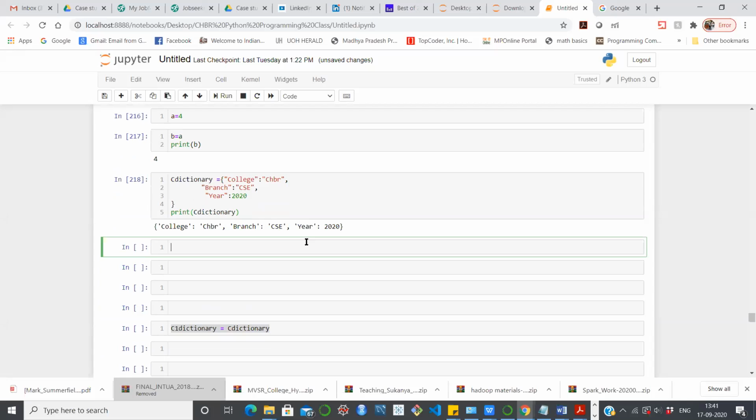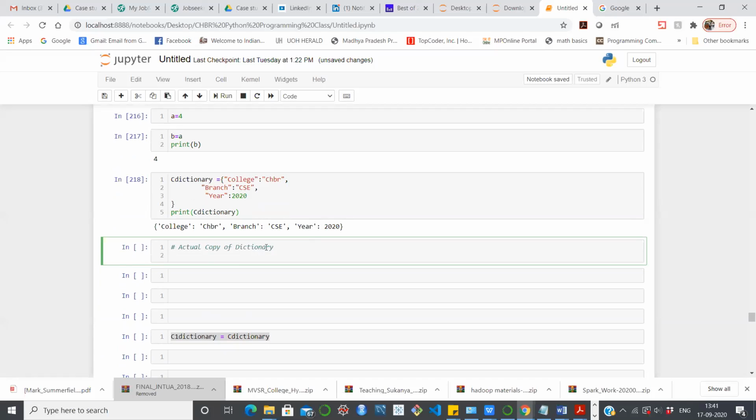So first of all, I am making one more thing here. I wanted to make an actual copy of a dictionary. Now how are you going to do this copy? Here you already have this C dictionary in your hand, and then you need to create one more dictionary, which is nothing but the C1 dictionary. You want to copy to this one. So what I'm saying is, here you just need to make a copy, like this.